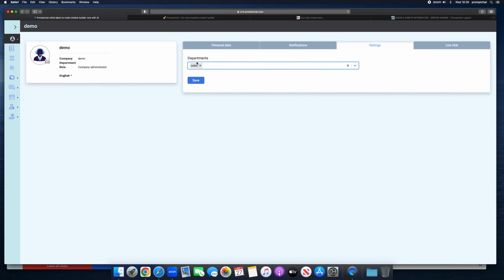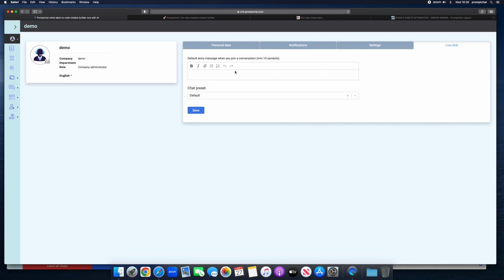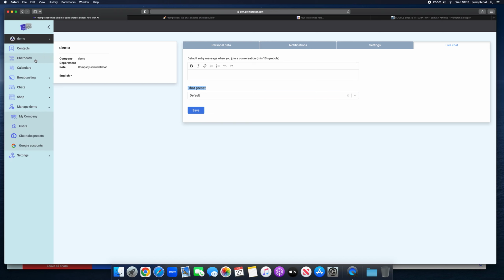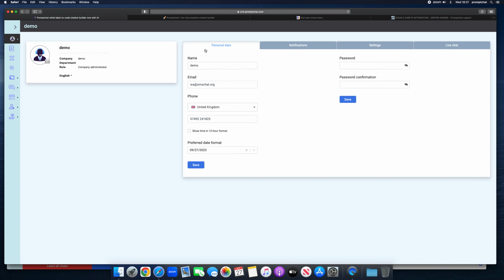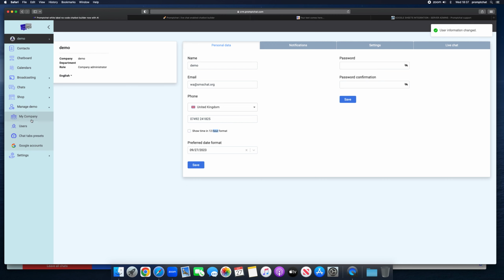Here we add the departments to each user, and this will be an entry message when we join a new conversation. Entry message is something like welcome to XYZ company, you're now chatting with John, how can I help? Okay, we can create such presets. This is for the roles, okay, where the user interface will present itself with the role that we assigned to this user. Time format. Okay, right, once this is done,